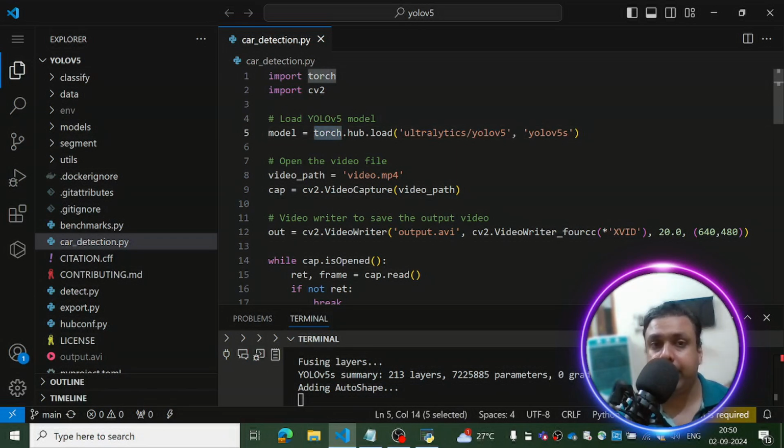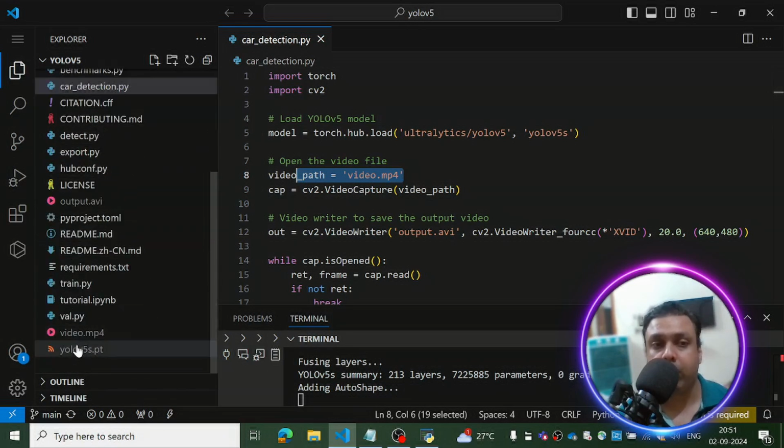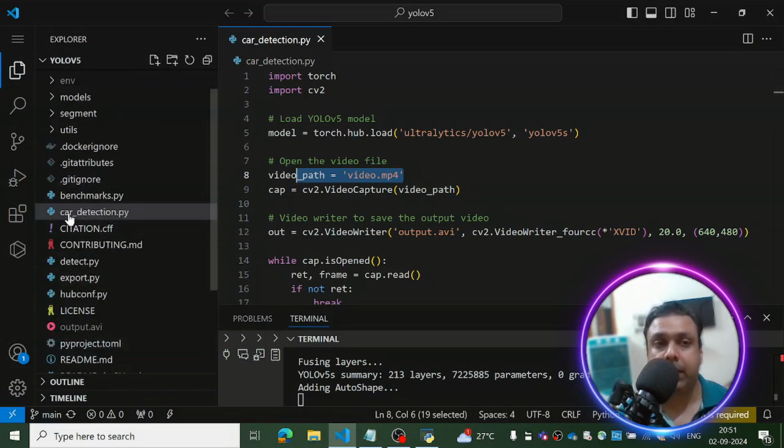After that, we have defined the video's path in which we want to detect the car objects. Because the video is in the same folder as the Python file, I've simply given the video name. It's an MP4 file, that's the reason we have used .mp4 as an extension.